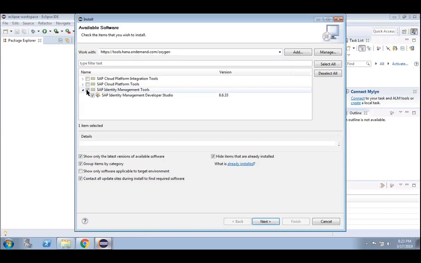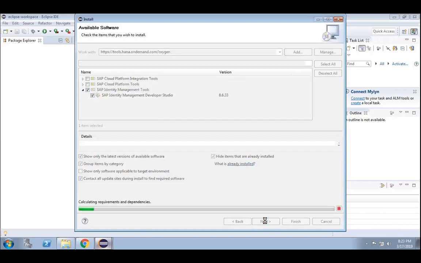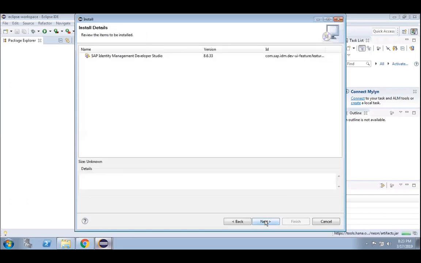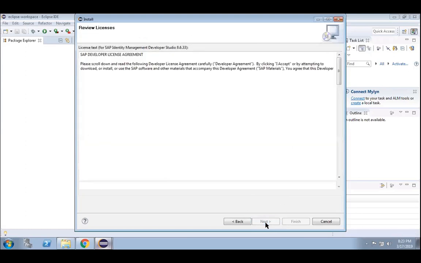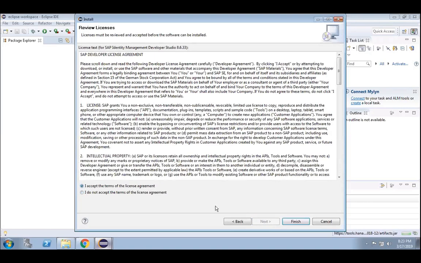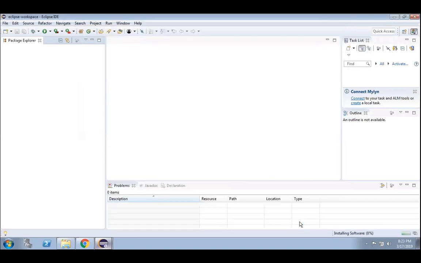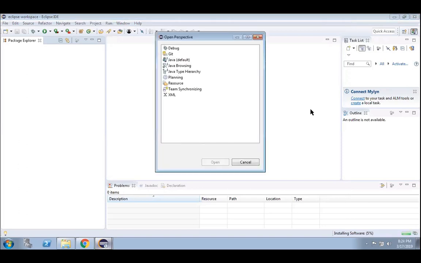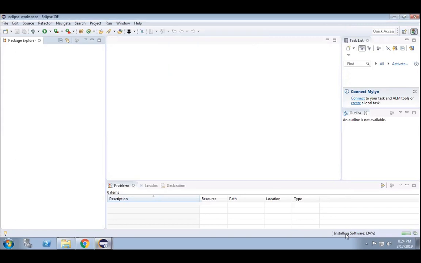So let's take this one. Oh, installing the Oxygen one only on this. Is it compatible? I believe it should be. It's installing below.